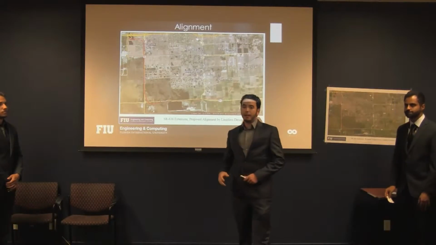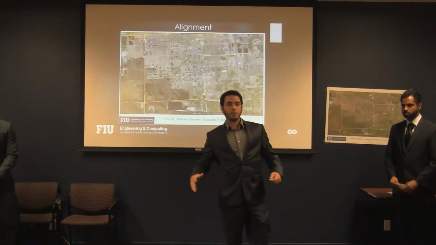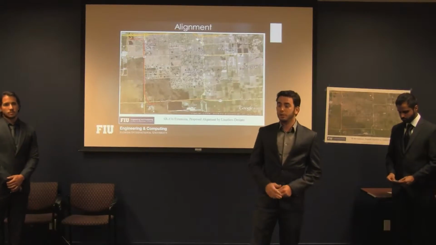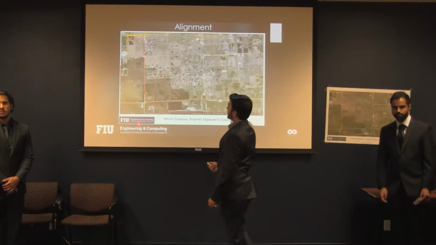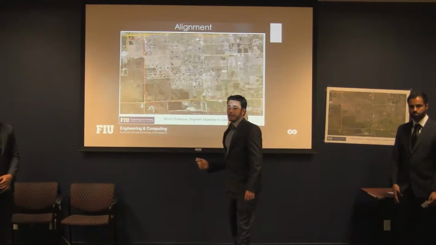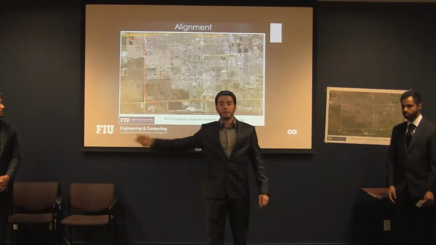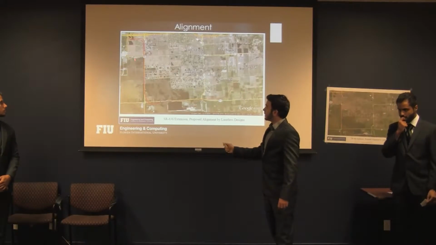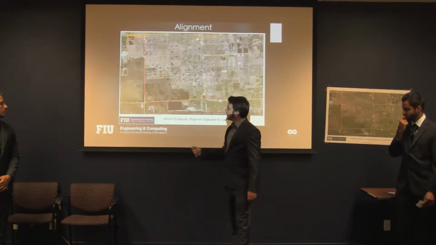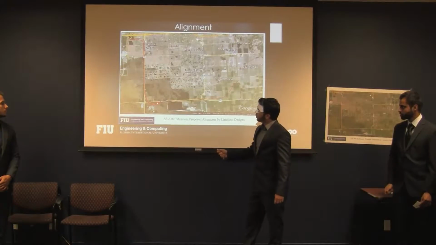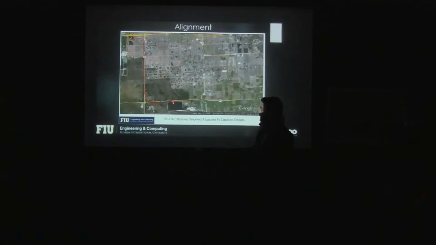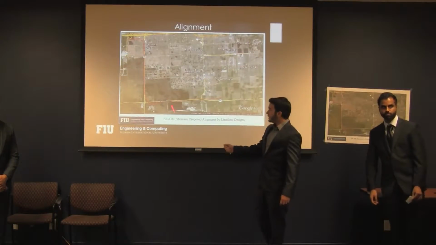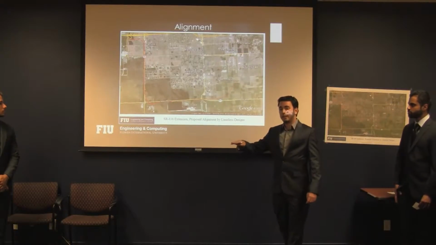Now, because we have so many constraints with space going in the median of A Street, we decided that one of the bridges is going to go in the middle of A Street, and the other one's going to go on the right side of the canal, so on the north side of the canal. So it's the other bridge on this side. And then they're going to come together right here and slowly join together and become one once it gets to here. Okay? So then once it gets here, it's going to drop down, and then you're going to have your